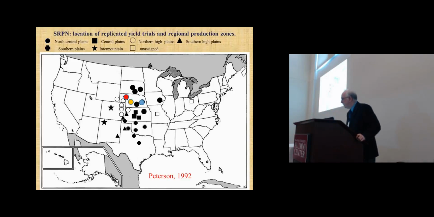Now, how do I actually use that data? If you look at the blue dot, that's Lincoln. The gold dot is North Platte. The red dot is Alliance. If I have a line that tops those three nurseries, I have a line that will do well in the eastern Great Plains, the central Great Plains, and the northern Great Plains. I own the northern Great Plains. So when we released Overland, it topped the regional trial, topped all across Nebraska and everywhere north. Freeman did the same thing. It tells me how to put my data together. It tells me what I want to make crosses with, and I can figure out what I'm doing.